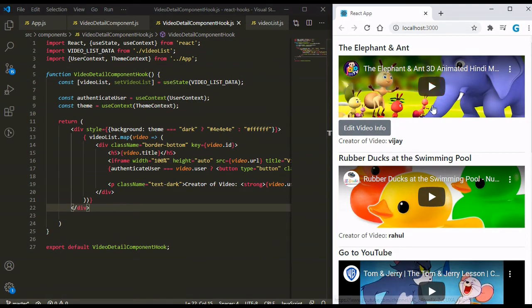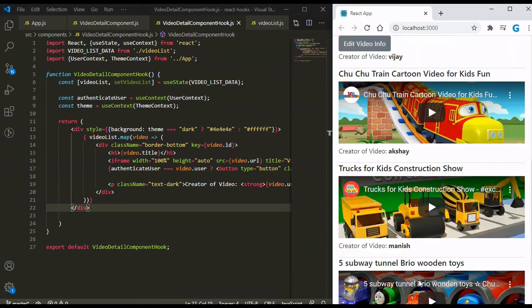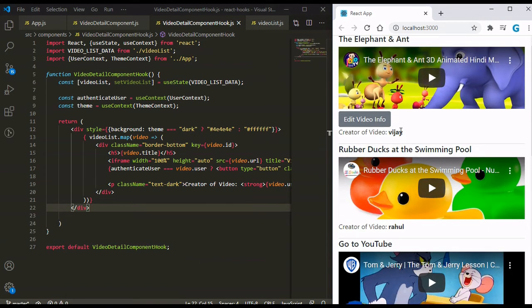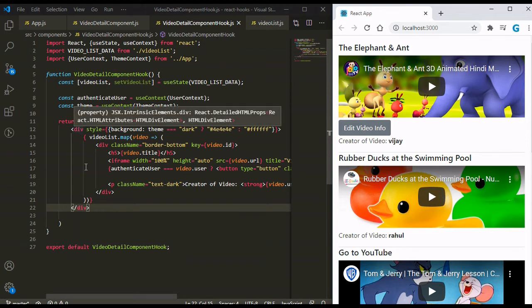So friends, we are still getting the list of videos here, and our checkpoints are working the same as before for the edit button, the username, and the title name. But you can see a big change here in how we consume this context value.